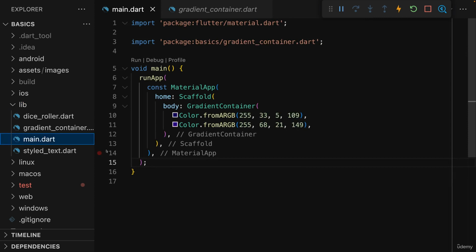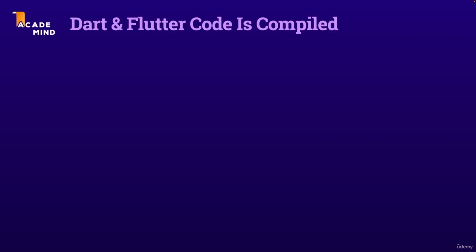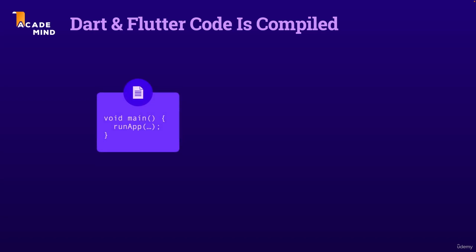Now, as mentioned, it all started with an empty main.dart file in this lib folder in a new Flutter project, because it's this main.dart file that is evaluated as the first file when your Dart Flutter app starts on a device. Now, of course, you in this section learned that technically this Dart code which you write in that main.dart